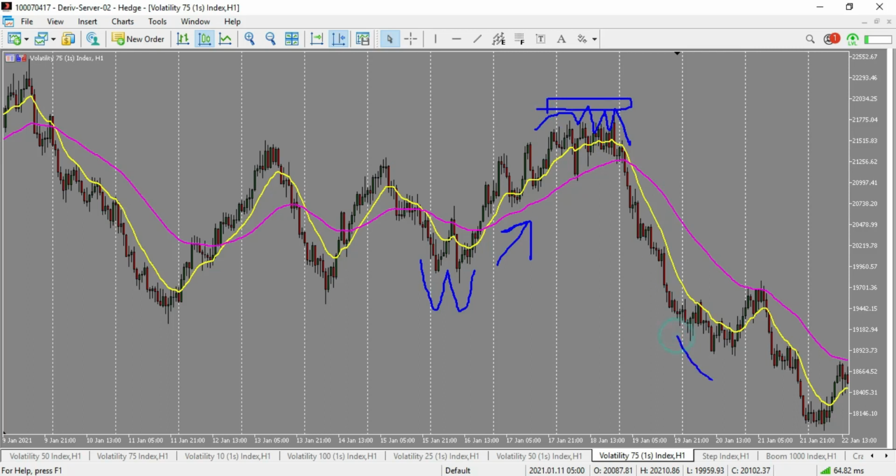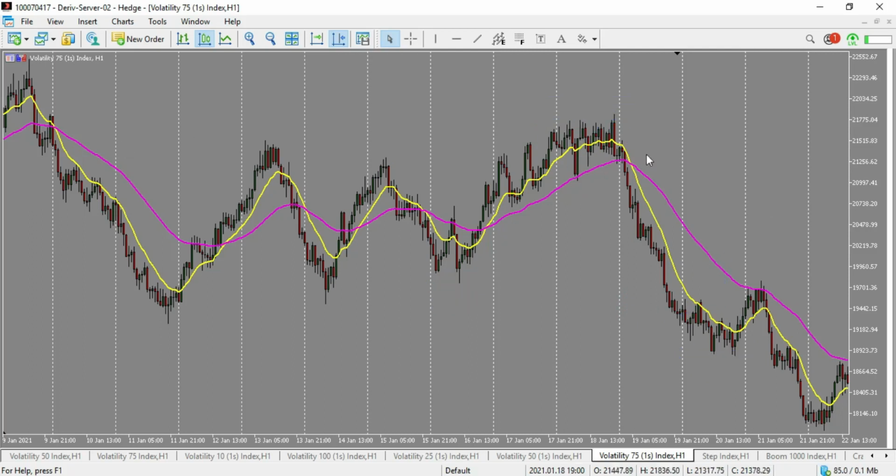We also get another double bottom pattern right here, right? In as much as the reversal is not quite huge, but it is what it is. We get a reversal to the upside. All right,